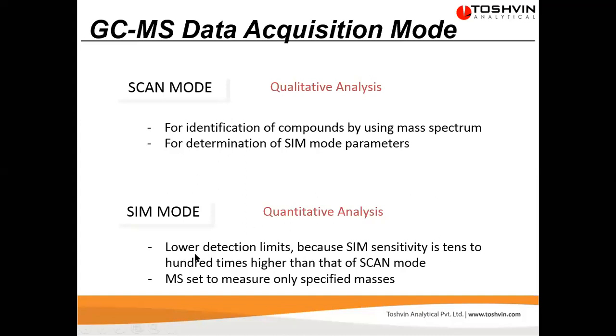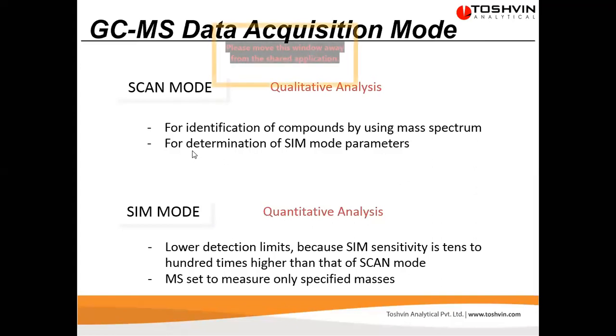Now why can we get a lower detection limit with SIM mode? Because in scan mode, my quadrupole is continuously busy scanning the whole range, and the range is quite big, 40 to 500. He has to continuously scan 40, 41, up to 500. In SIM mode, he is a bit relaxed. He is focused because he knows what he has to look for. He will only look for 100, 200, 300. He doesn't have to look for other ions. Since the quadrupole is more focused, we get good sensitivity in SIM mode compared to scan mode.